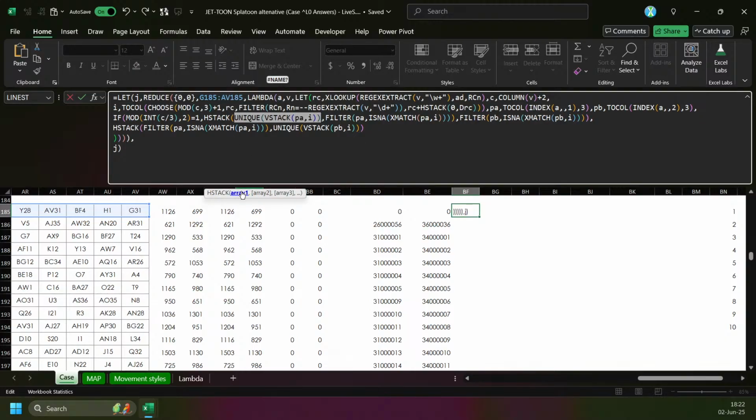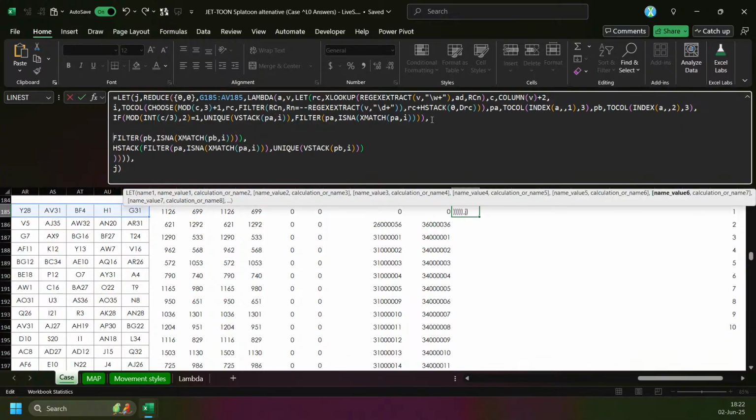So if it's no, if it's 1, okay. So if this is 1, then this